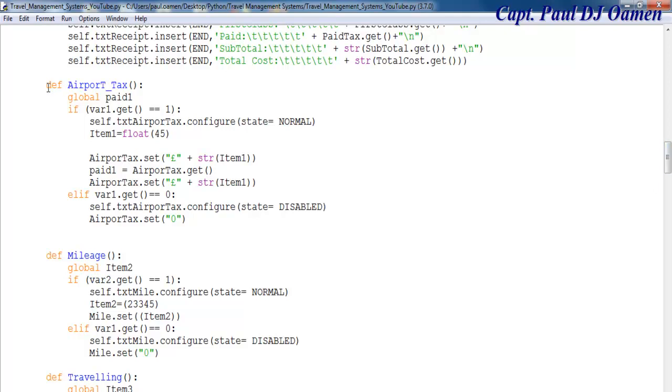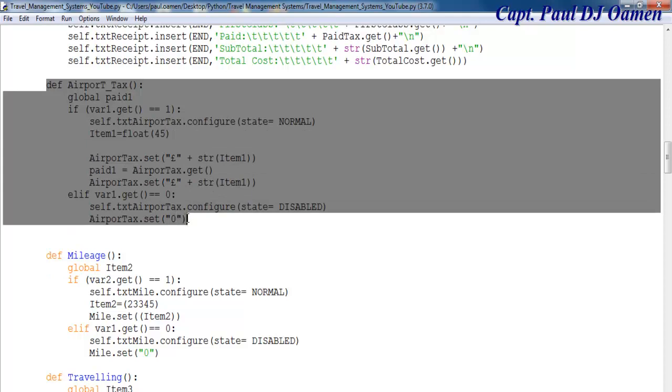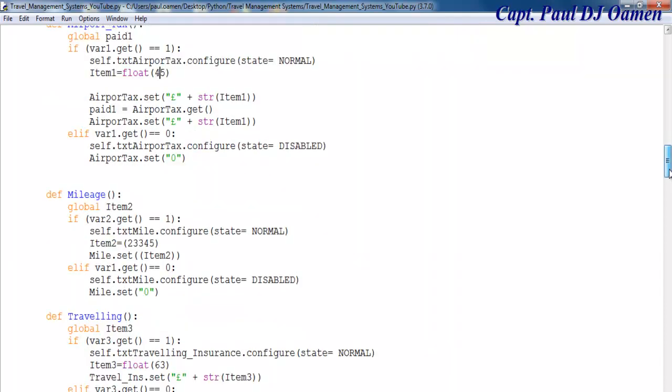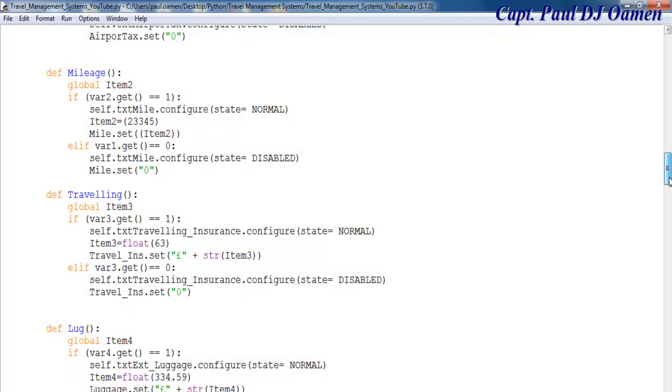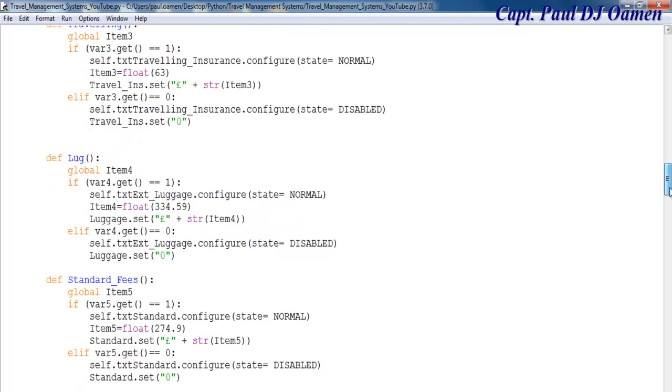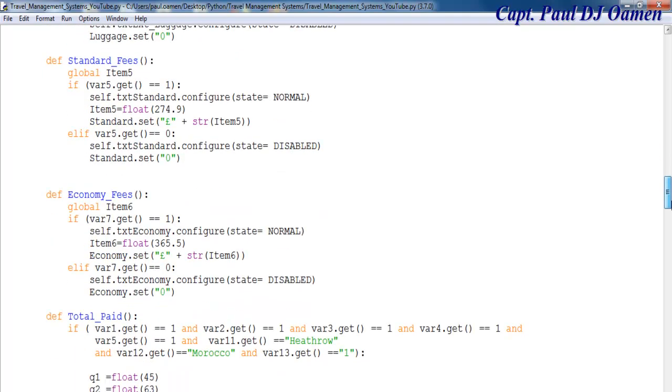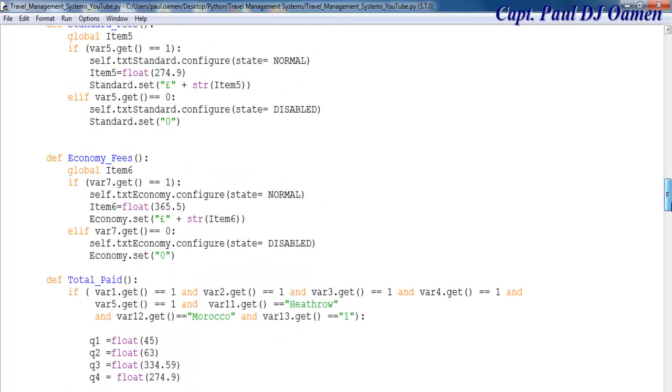But let me show you guys the rest of the functions. That's it. It's just to enable those and enter value in here. So look at it. That's for mileage, and that's for traveling. That is for luggage. Standard fare, economy, and there's one more missing, which I can always make up. Alright,